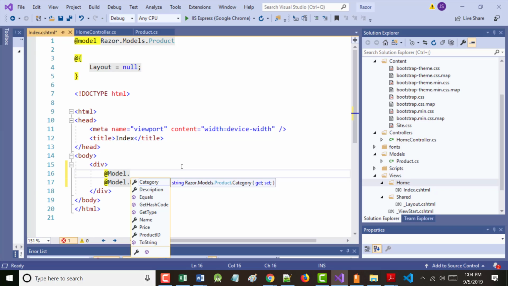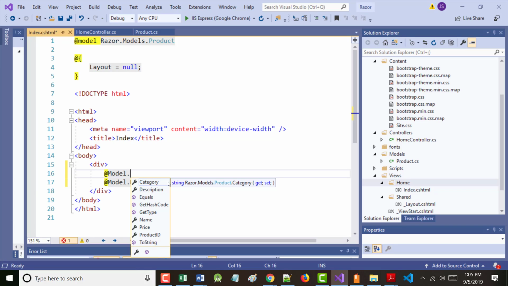What I have available in there are some system variables like category, description, but also some built-in system methods like equals, get hash code, get type. But look at the bottom four: name, price, product ID, and string. Those four and this one are the five fields that we had.